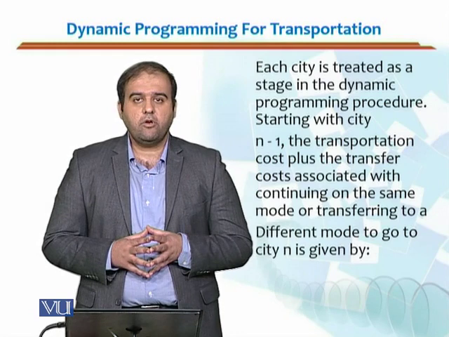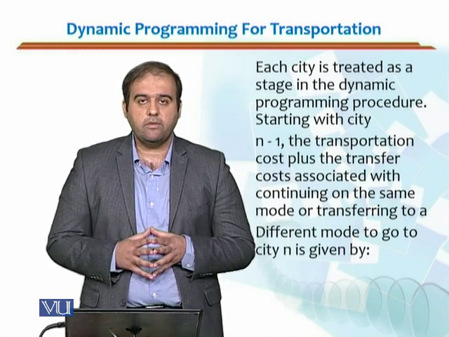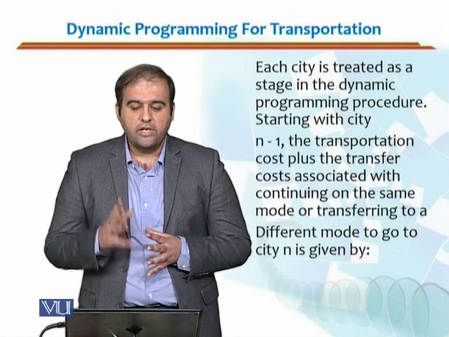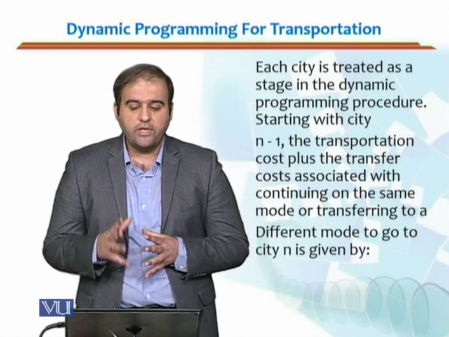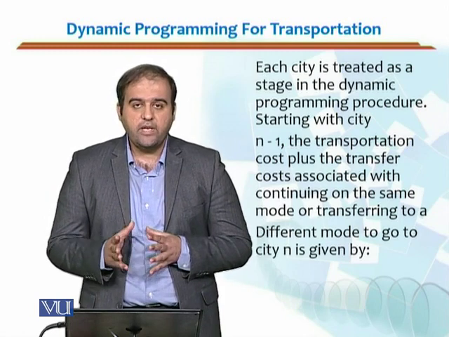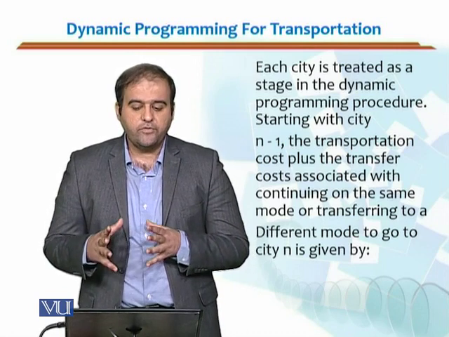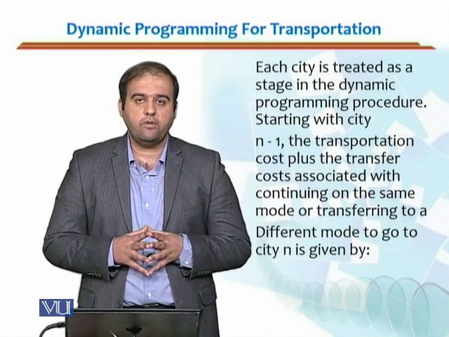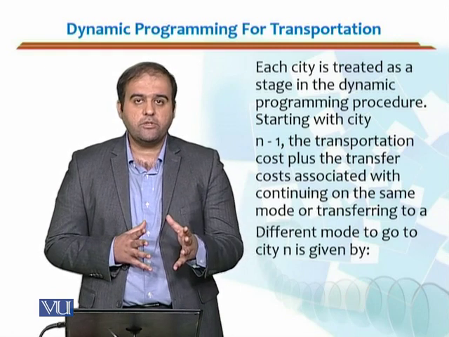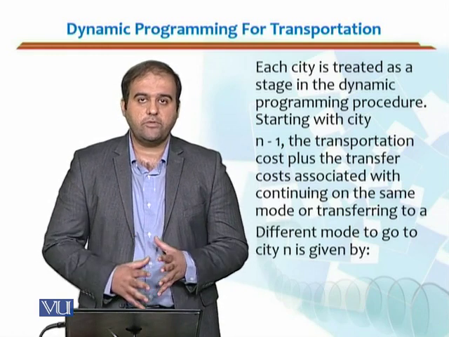In a dynamic programming model, we need to define stages, states, and decision variables. So in case of transportation system, each city would be treated as a stage in a dynamic programming procedure. And starting with city N-1, the transportation cost plus the transfer cost. So there will be two costs involved in it. The transportation cost as well as the transfer cost, because in intermodal transportation you might switch from one mode of transportation to another mode of transportation